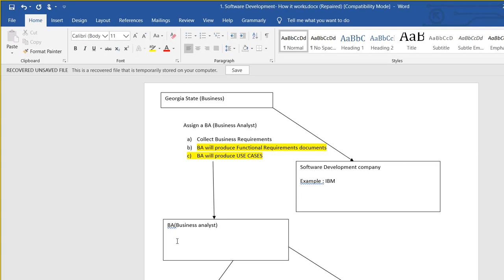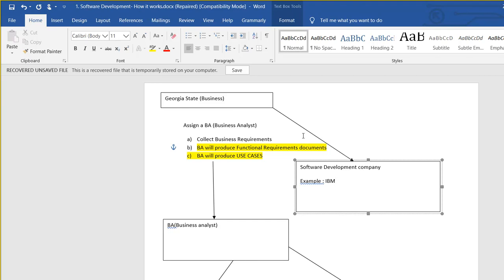Let's say Georgia State needs a software. They're the business, right? They need a software. IBM is a big software developer company. They'll be going to IBM: Hey, we need a software.